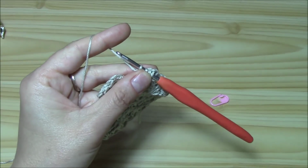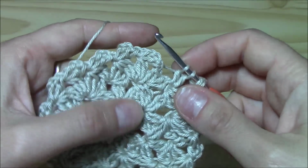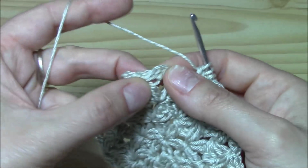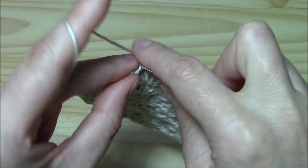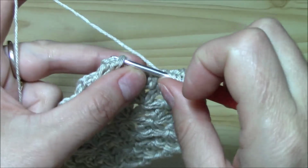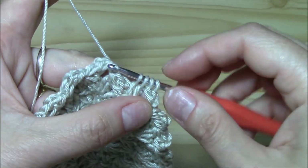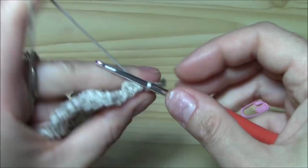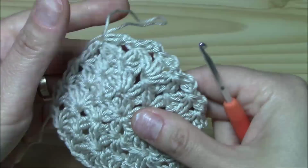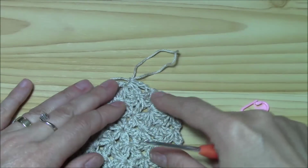And the second one, and as I said, the third one we have it here. It's the first that we worked. Insert the hook into the chain on the top of it, pull the yarn through it and pull the yarn through all, and chain 1 to secure. Okay, and this is actually our third